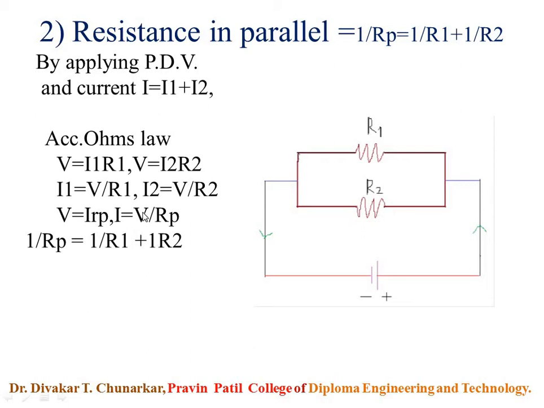In this case, what is the statement? How is it stated from this equation? The reciprocal of the equivalent resistance in parallel combination is equal to the sum of the reciprocals of the individual resistances in parallel. Sum means addition, keep that in mind, and therefore we can state the definition of resistance in parallel.